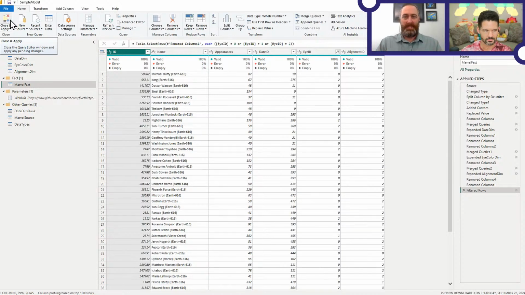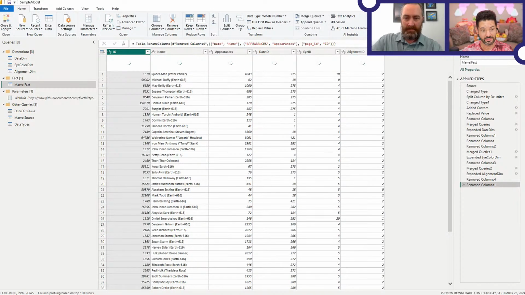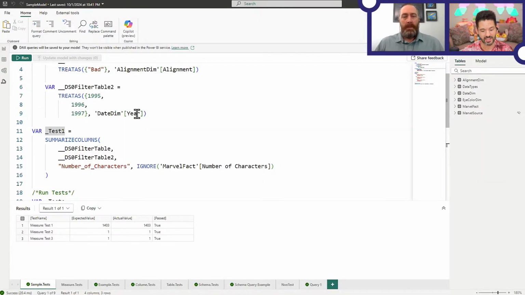I've done that plenty of times. I know a lot of folks, as you're troubleshooting Power Query, you add a filter and you forget about it. Well, the test at least will tell you, hey, that calculation's off. Well, maybe because the table doesn't have all the rows of data you needed anymore. That's why I was very happy when they finally, in Power BI, added the discard changes button for Power Query